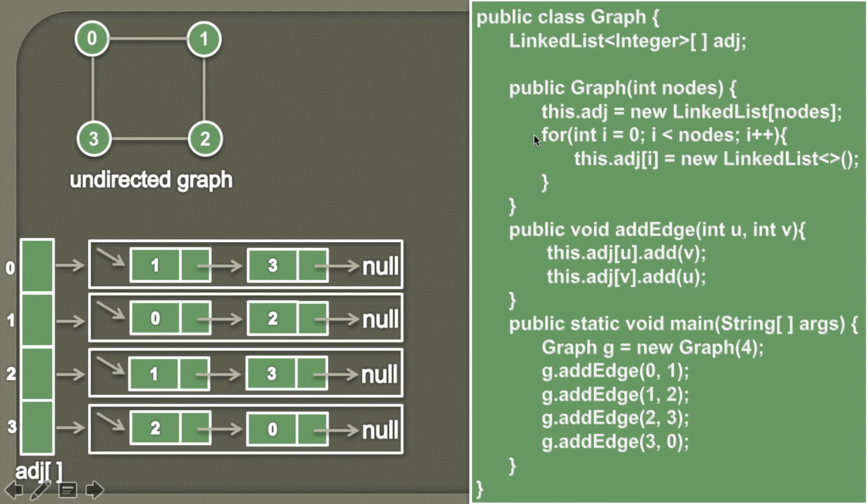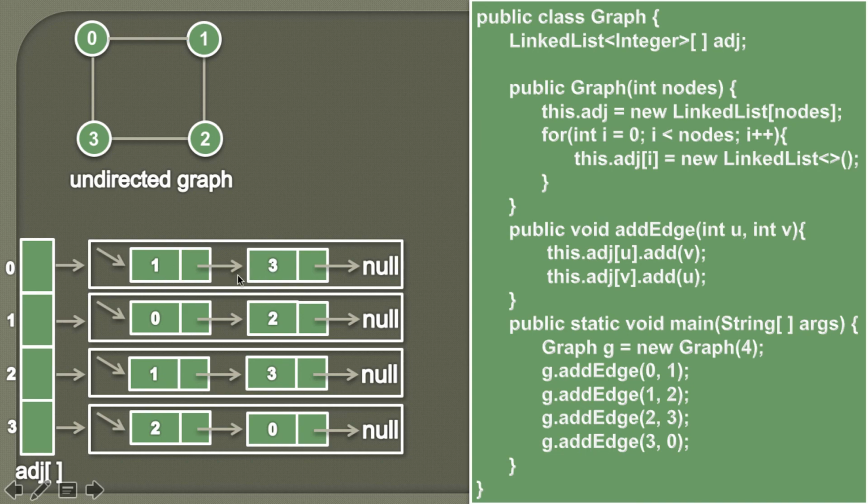So friends, this is the code to implement an undirected graph through an array of linked list. Here you can see that each and every node is represented by an index of this array, and in order to represent an edge we simply add those values into the linked list of that particular index. From 0 there is one edge to 1 and one edge to 3. So at the linked list at index 0 we are adding 1 and 3.